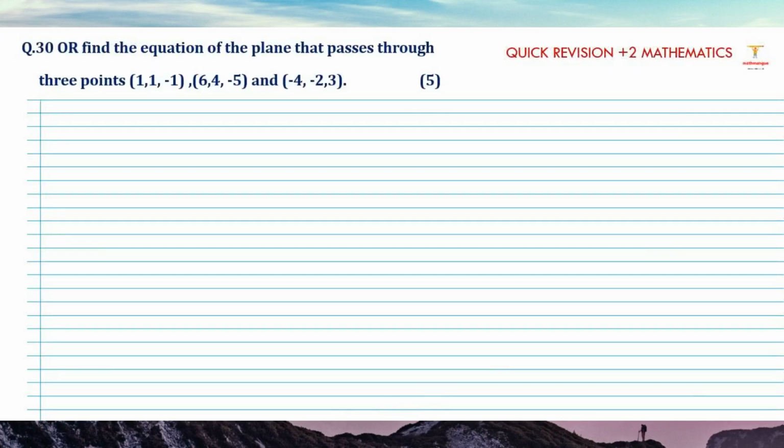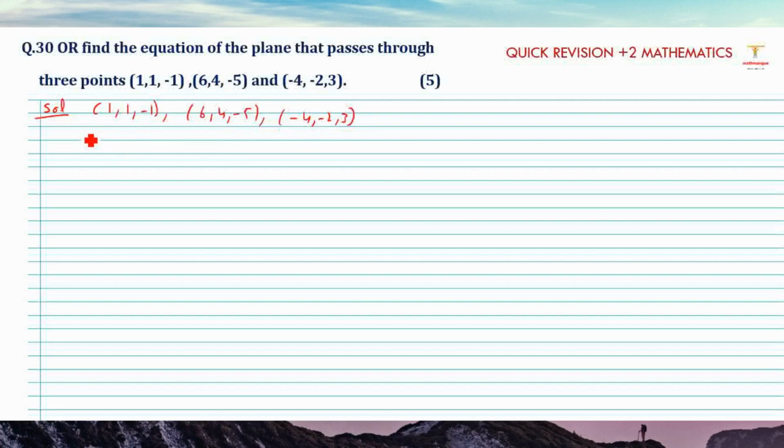Now children, here we have a question: find the equation of the plane passing through 3 points. The first point is 1, 1, minus 1. The second point is 6, 4, minus 5. And the third point is minus 4, minus 2, 3. Now the equation of a plane,